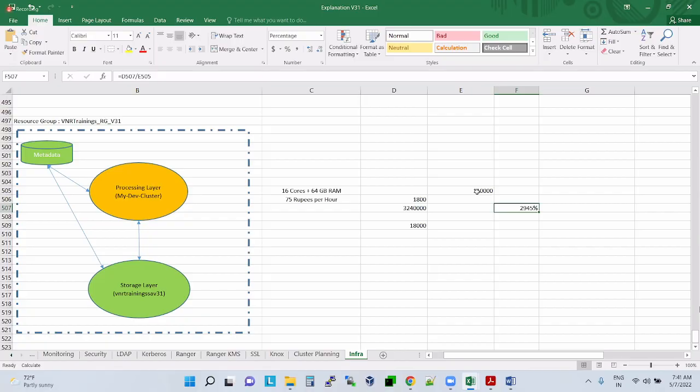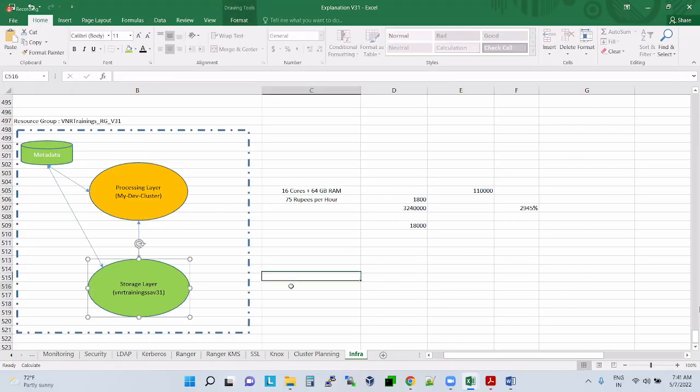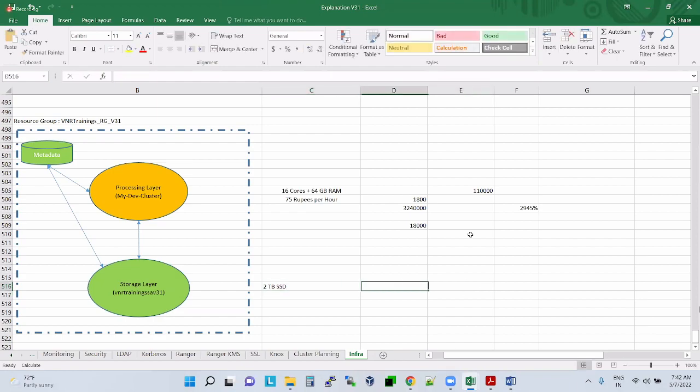And this is only for processing, guys. I have a 2 TB SSD, and for that storage I didn't put anything actually. Storage I need to put something. Definitely for 5 years, my storage will come to around 1 lakh, easily.